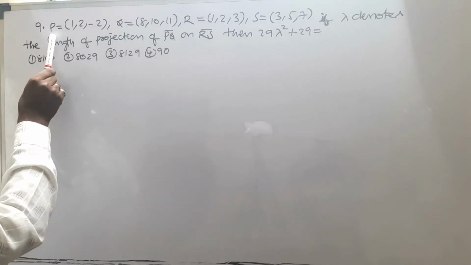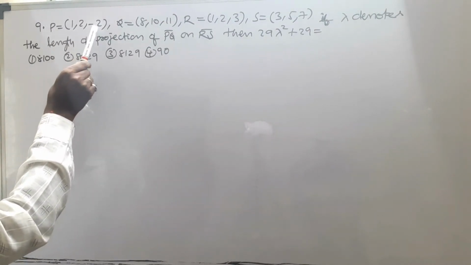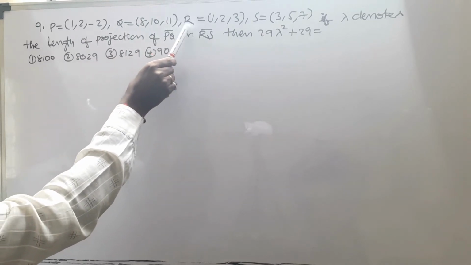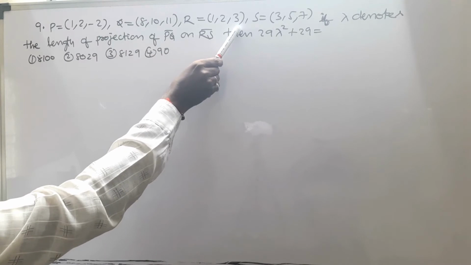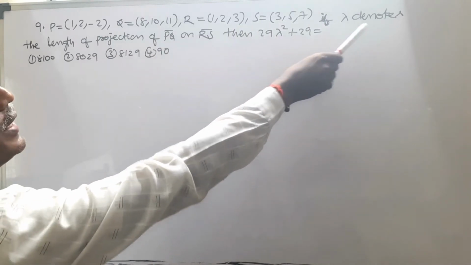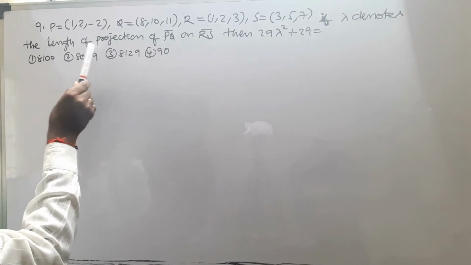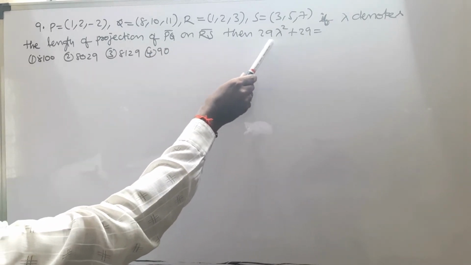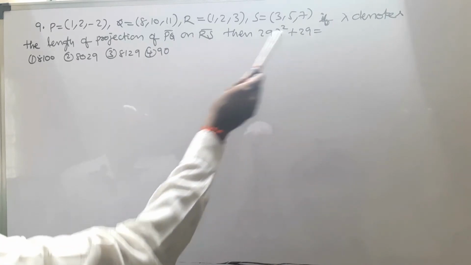Question number 9. P equal to (1, 2, -2), Q equal to (8, 10, 11), R equal to (1, 2, 3), S equal to (3, 5, 7). If lambda denotes the length of projection of PQ on RS, then 29 lambda square plus 29 equal to